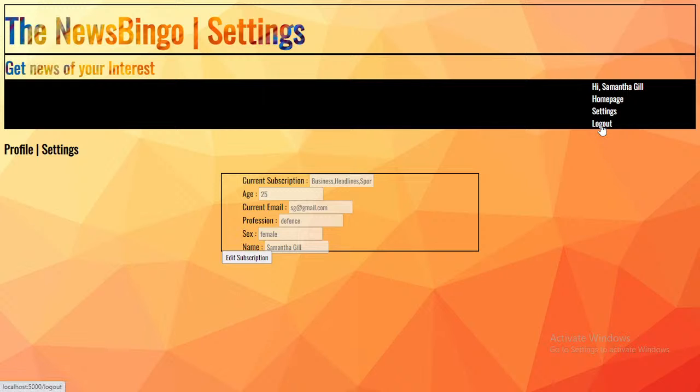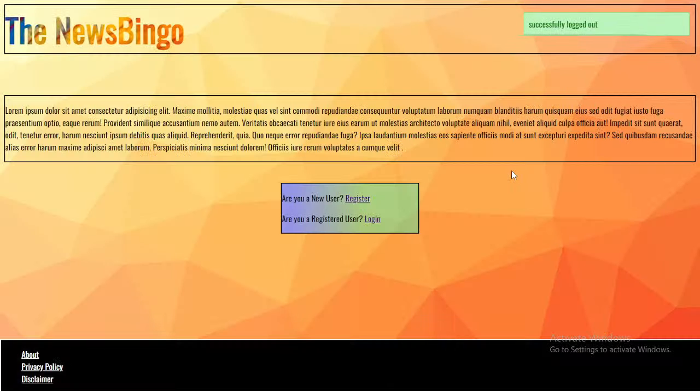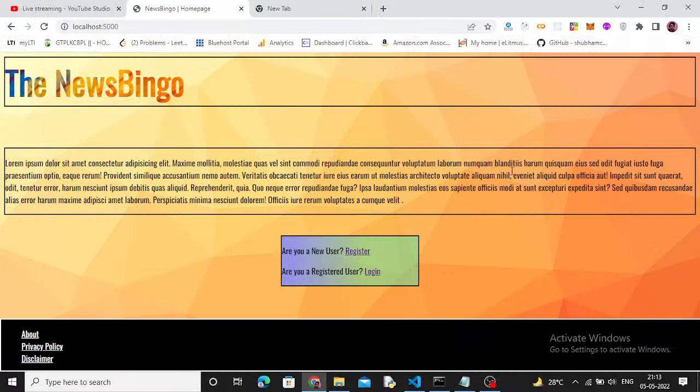So we go to the home page to see this, and then we can log out. We get a notification. So this is the app. It's quite subscription based, that you can subscribe while creating your